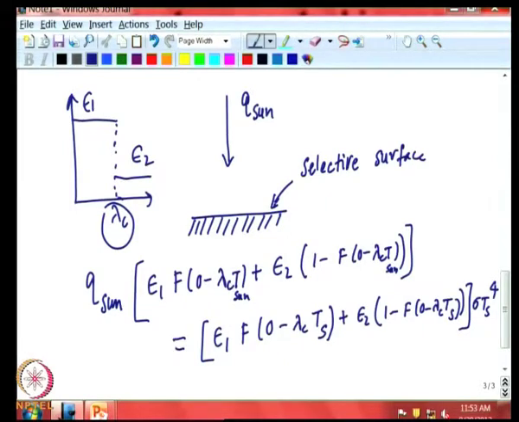So, this problem can be solved easily, but of course, since you have to calculate these quantities, you have to integrate the function numerically. These have to be obtained numerically, and this equation is nonlinear. So, there is no simple analytical solution available to you. So, this is solved numerically using standard software, which calculates these integrals and then assumes the value of T s, which will get you this balance. So, let us see what we get.